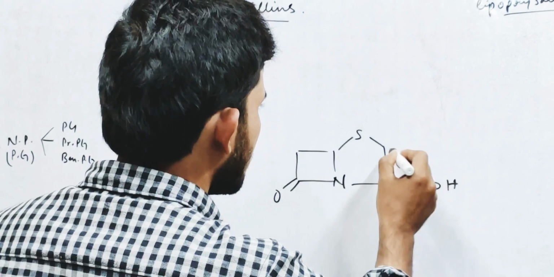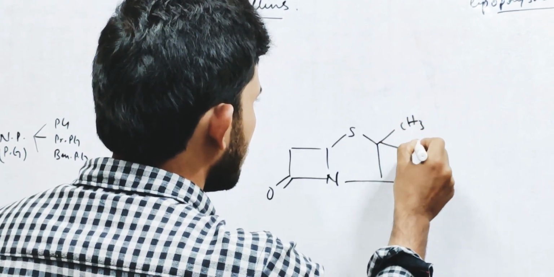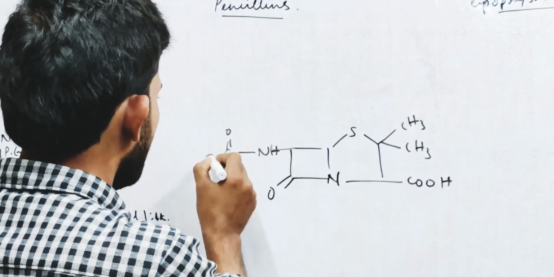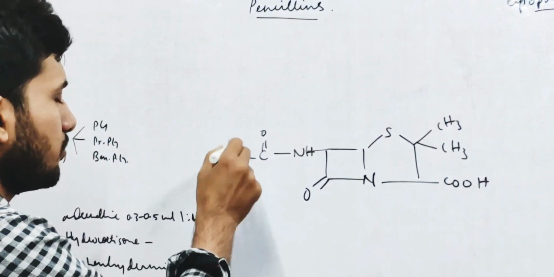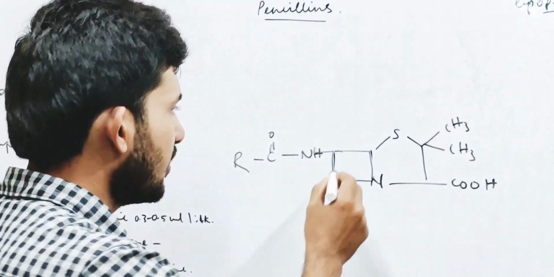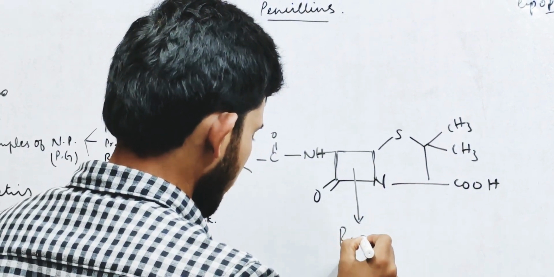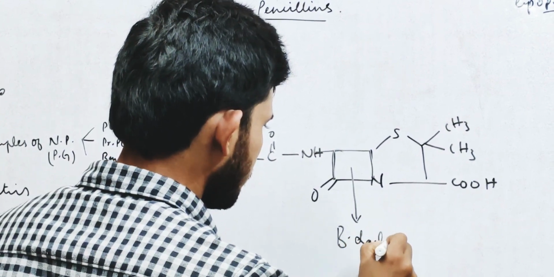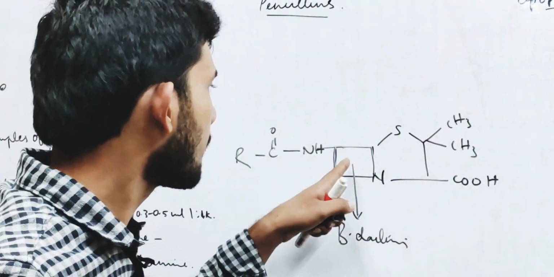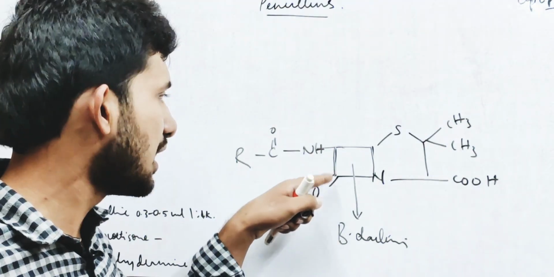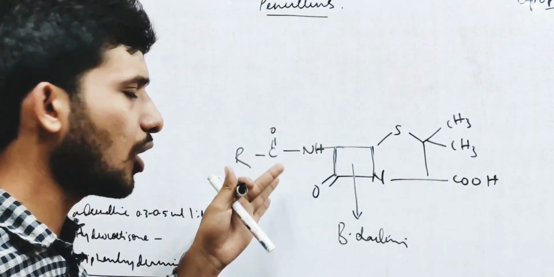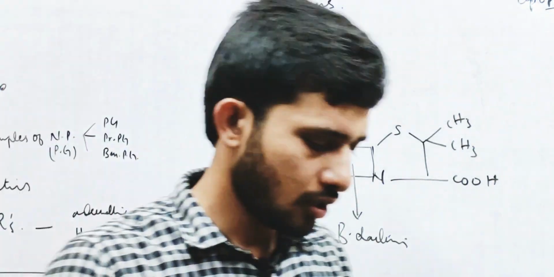So this is a chemical structure of penicillin. Here it's an amine, an H group, a C double bond O, and R. Here R is any alkyl group. Okay, so this square ring is called the beta-lactam ring, and this is called the thiazolidine ring. Anyways, this ring will not have major significance, but the antibiotics which contain the beta-lactam ring are called beta-lactam antibiotics. And in penicillins, almost all chemical structures will have this ring, so they are called